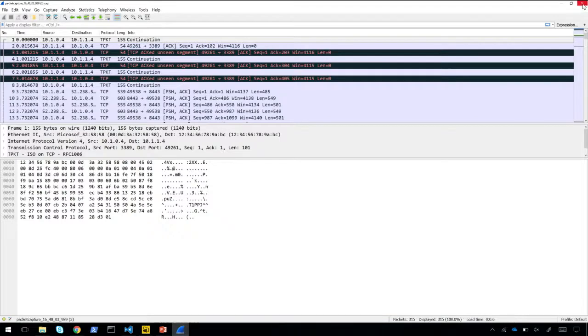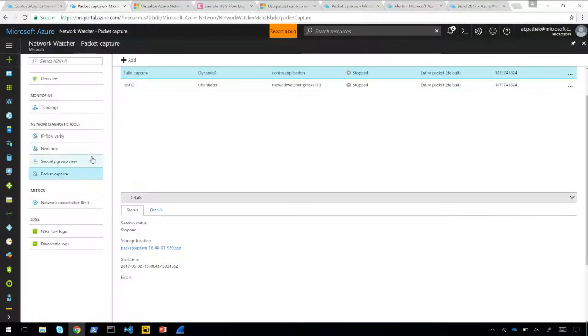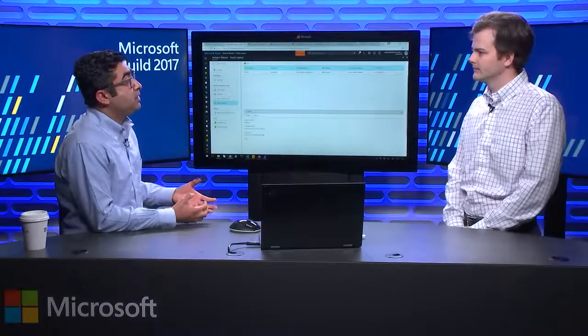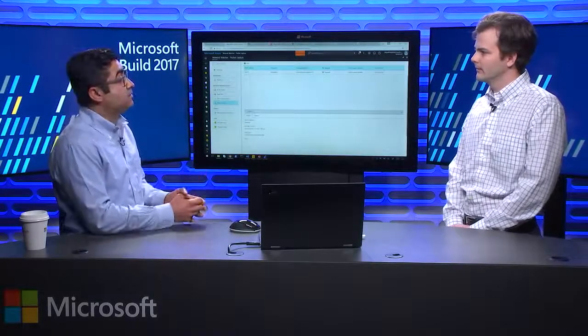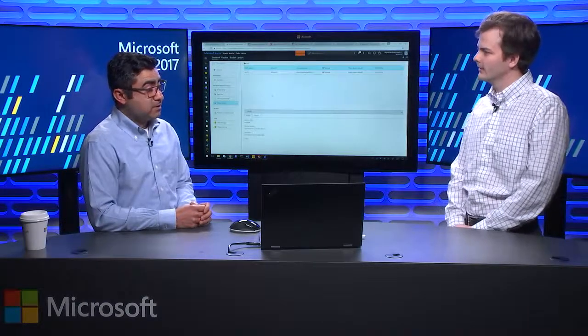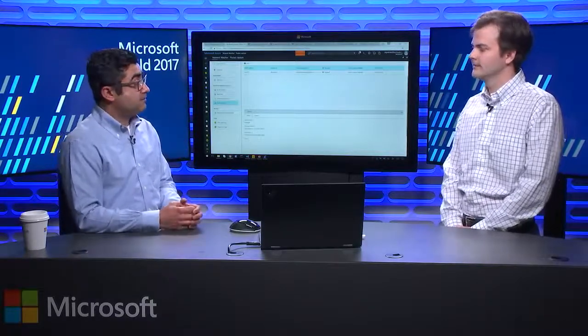But oftentimes, you just don't know when things are breaking or something's going wrong, or all of a sudden you see that there is an anomaly in your traffic, and at that point you need to go ahead and take a capture. So can I do that programmatically? Yes. Since all these are REST-based APIs, and we also provide PowerShell, CLI, and SDK for all of this,